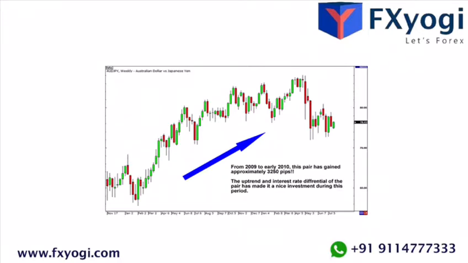This is a weekly chart of the AUD-JPY pair. Up until recently, the Bank of Japan has maintained a zero interest rate policy. Currently, the interest rate stands at 0.10%, also known as ZIRP. With the Reserve Bank of Australia touting one of the higher interest rates among the major currencies, 4.50% in the chart example, many traders have flocked to this pair, one of the factors creating a nice little